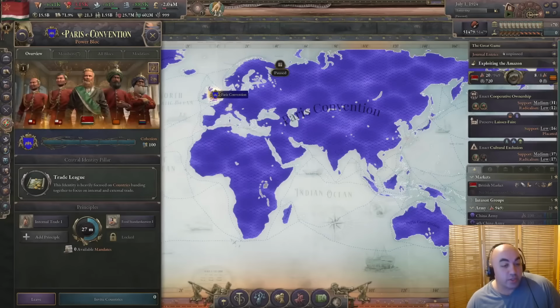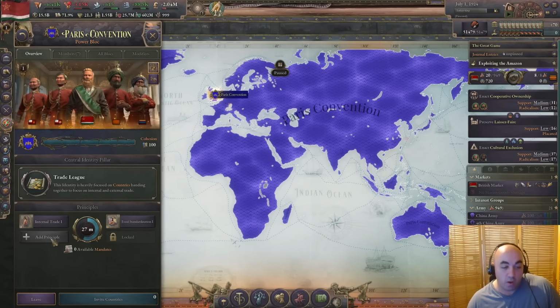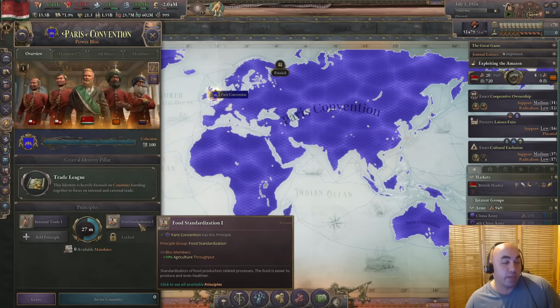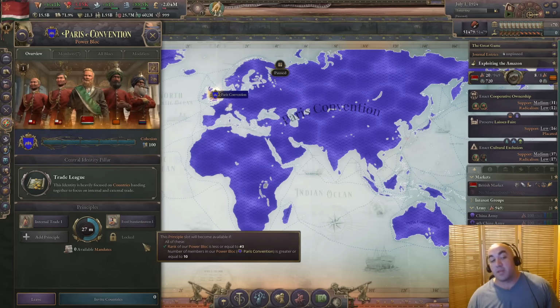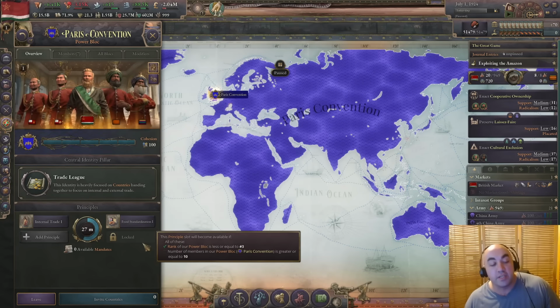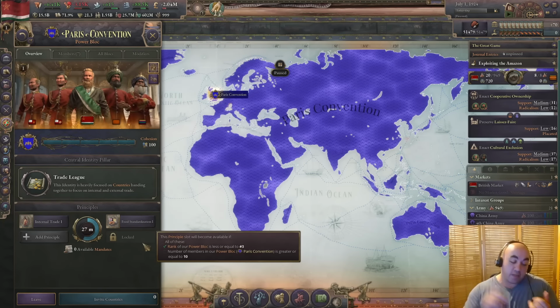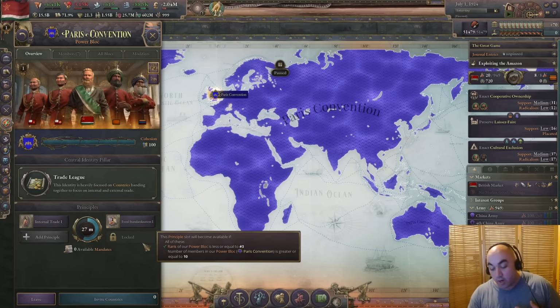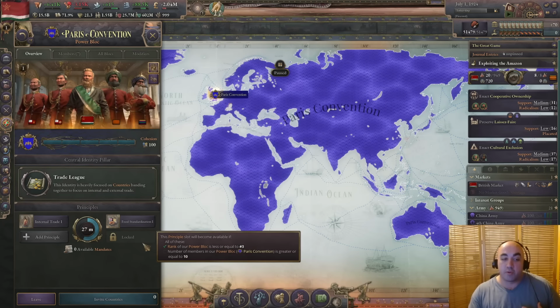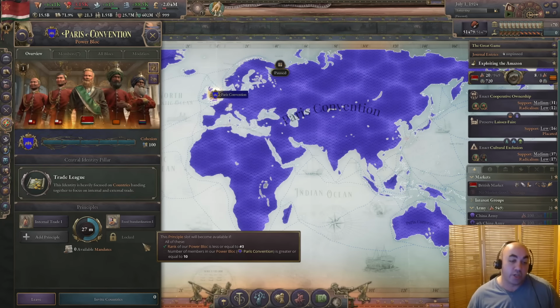I don't think that there's just a top 4 group of principles that you always slot in ever. I think they're really, really context dependent, and this is going to be something that we talk about a lot as we talk about each of these, because they are going to be good at various stages of the game or within certain contexts. And so timeliness of principal groups is going to be important, as is the generation of